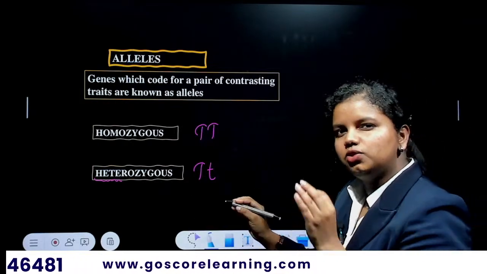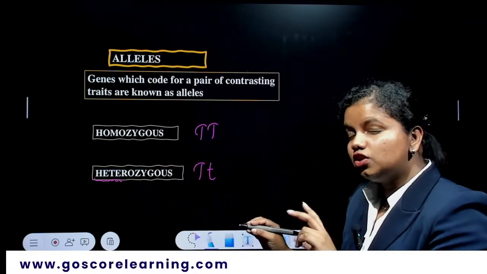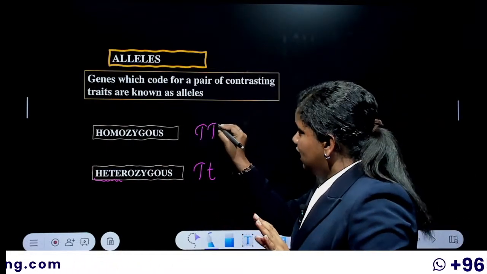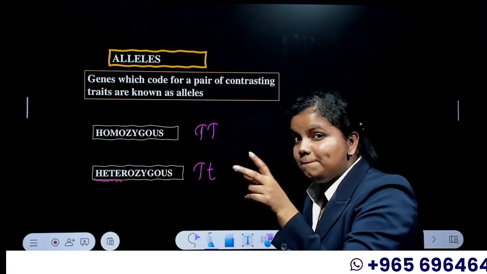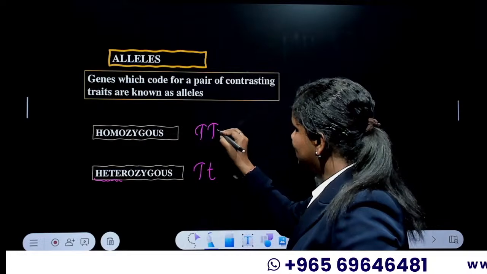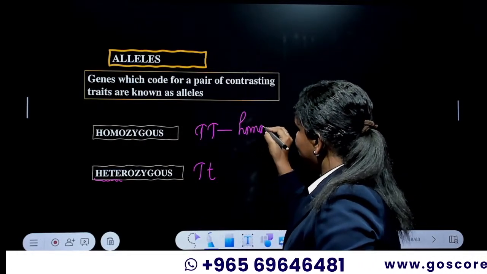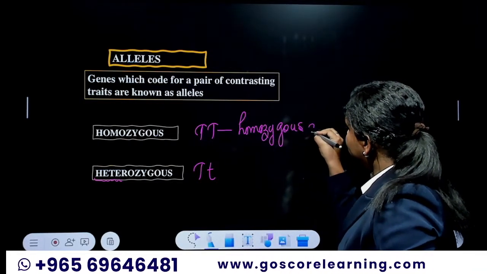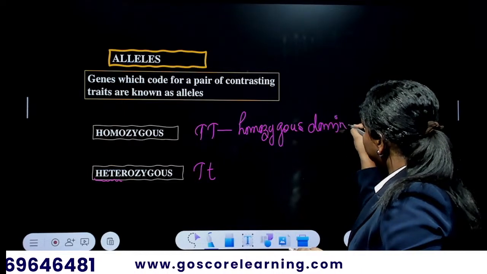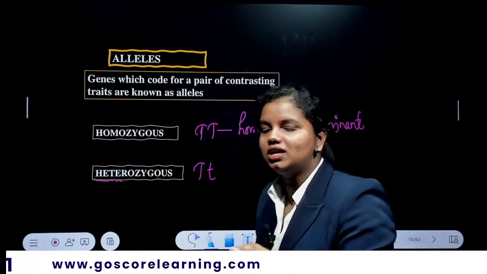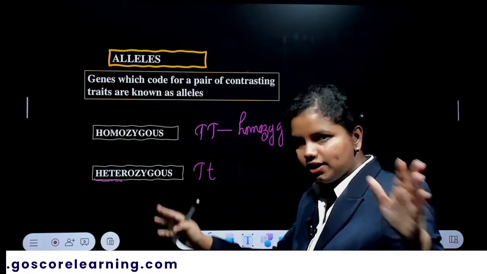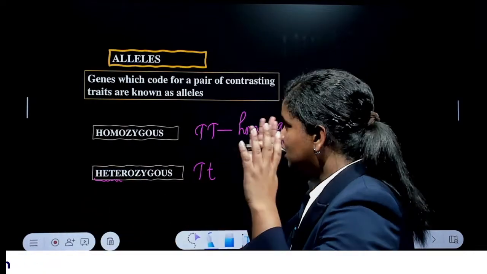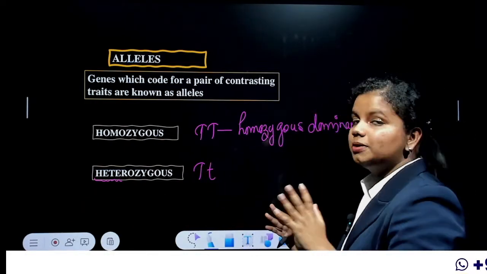And along with that, I would like to add one more terminology, which is dominant and recessive. Let me give it a try. If we are using both capital letters, capital T, then this is a homozygous dominant trait. If you don't understand what I'm saying, do not worry. From the upcoming classes, you will be able to understand this capital T and small t. If you have no idea about the chapter heredity, do not worry. Upcoming classes will definitely help you. Keep following on YouTube for the upcoming classes.